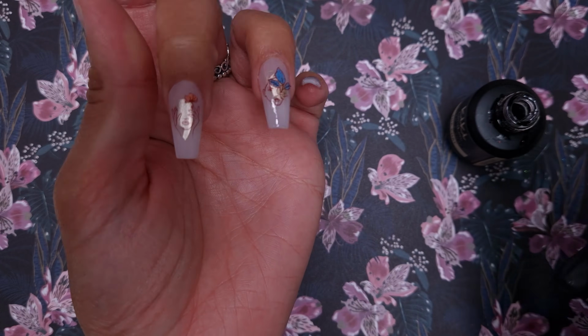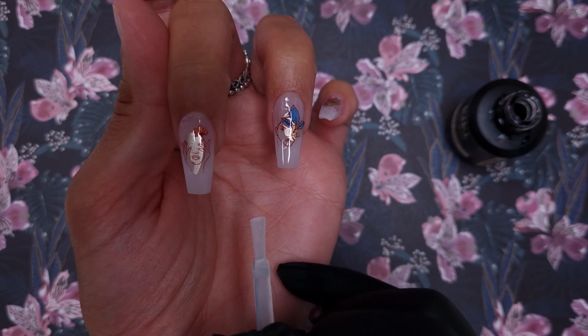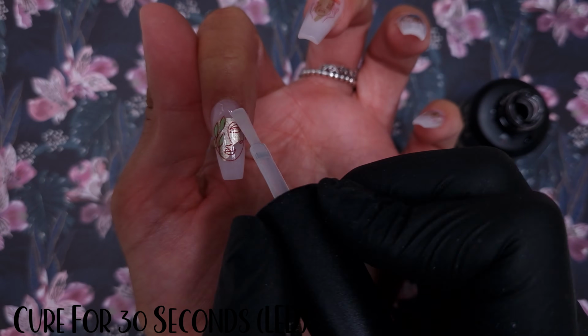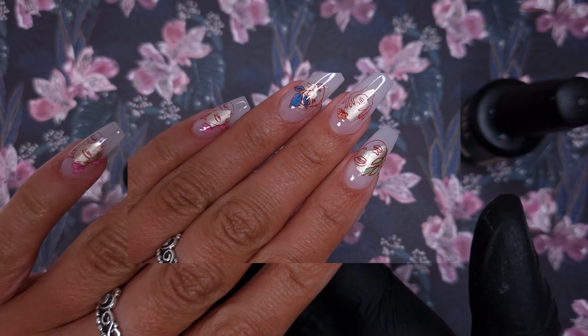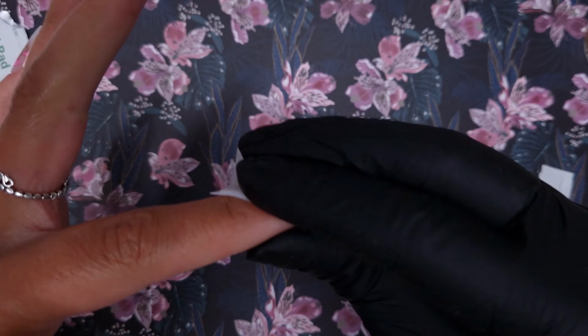But I don't know what it is, but this particular top coat just goes over stamping beautifully. Some top coats tend to separate over the top of stamping. I find it quite a lot with my CJP top coat. It just will separate over the image and I'll have to double top coat. With this particular top coat and with the Kiki London no wipe rubber top coat as well, I don't get any separation. So I applied that to all of the nails, popped it into cure,